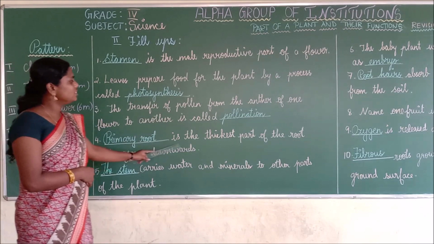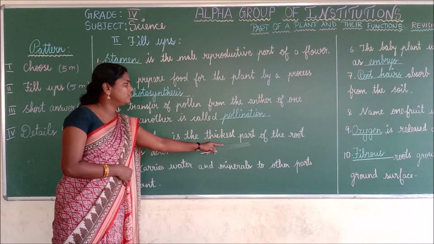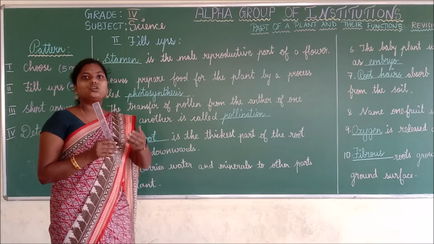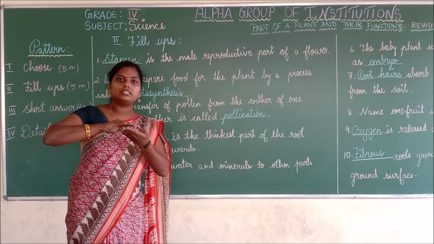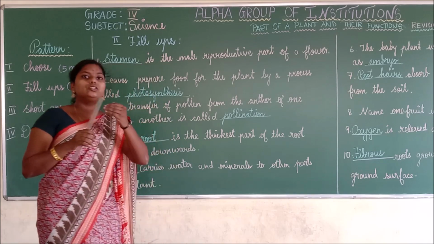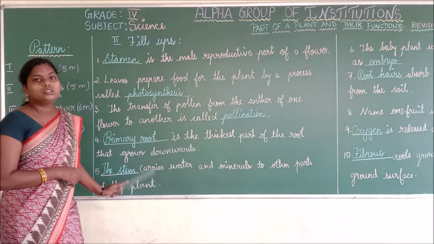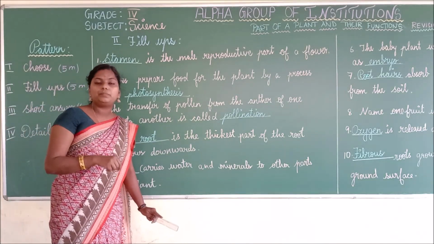Fourth one, dash is the thickest part of the root that grows downwards. So root basically grows downwards. That means under the ground it will grow downwards. In those roots, which is the thickest part? Primary root, the root which goes long, deep into the ground,